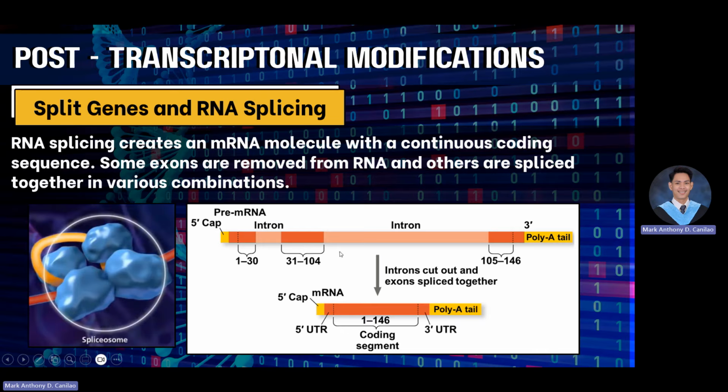So in the process called intron splicing, we need to remove the introns on the mRNA that we have manufactured because, again, the intron will not be used in translation. And the exon, the dark orange, is the one that we use for coding of protein. This intron splicing is aided by an enzyme called the spliceosome. Again, the spliceosome cuts the intron that we have manufactured in the RNA transcript. You may be wondering, sir, where does the intron go after splicing? Some nucleotide bases will be used again by the RNA polymerase in creating the next RNA transcript.